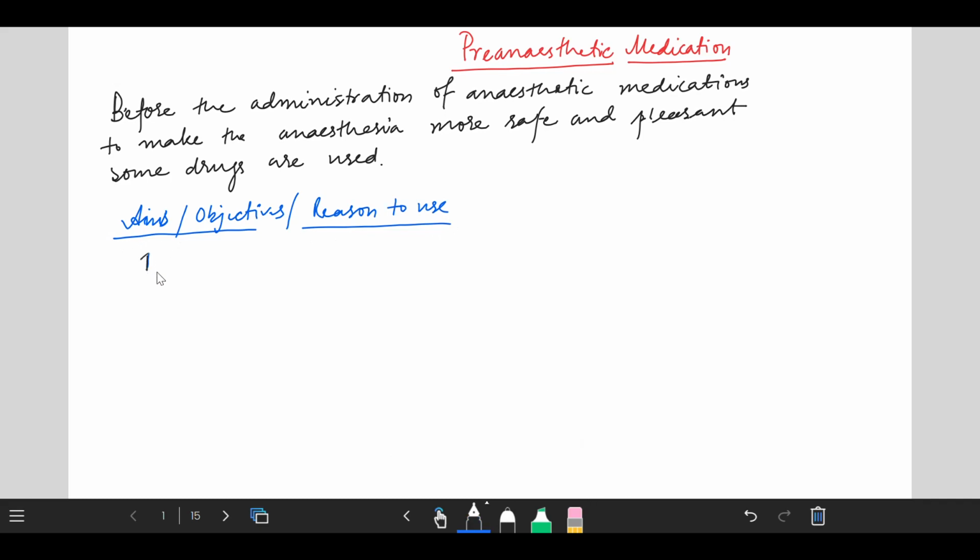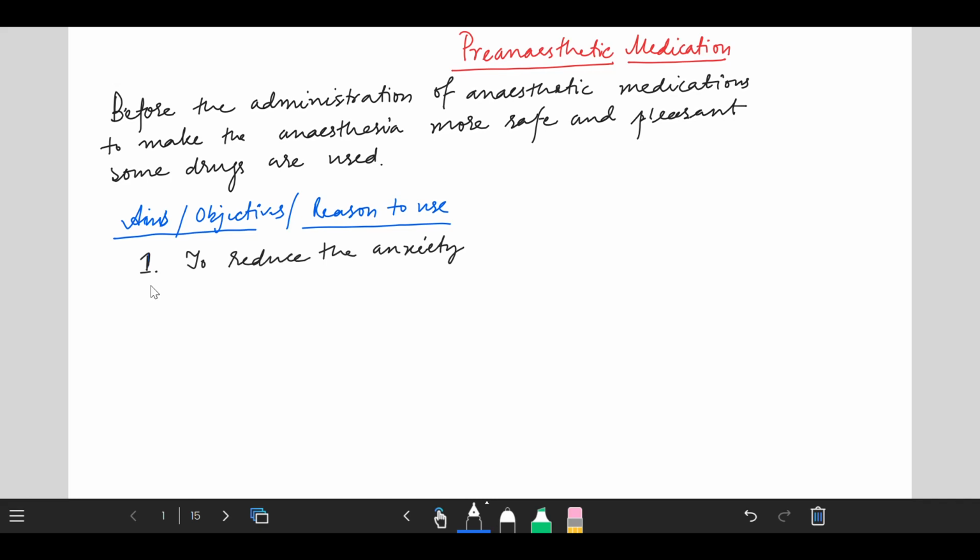Okay, when the patient goes for surgery, obviously he or she will feel anxiety. Now, what is anxiety? Anxiety is an uneasy feeling or nervousness which increases the heart rate and makes a patient tense. Okay, so to reduce the anxiety, obviously we need to use some medications that are known as anti-anxiety drugs or anxiolytics. Okay, so for this purpose, we will use some medicine which will prevent the patient's anxiety. Okay. Now, the second point is